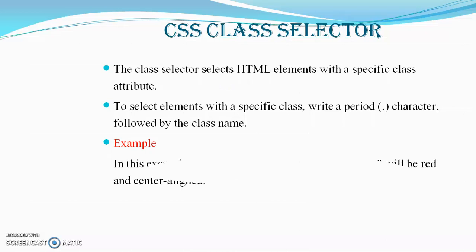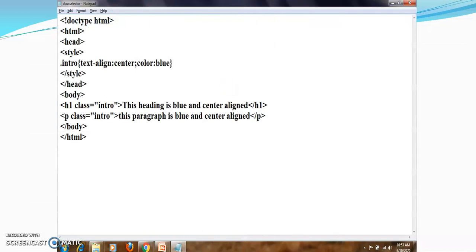For example, dot center. Here is the example. This is the program. Dot intro, text align, and h1 class intro in double quote. This heading is blue and center aligned, and p